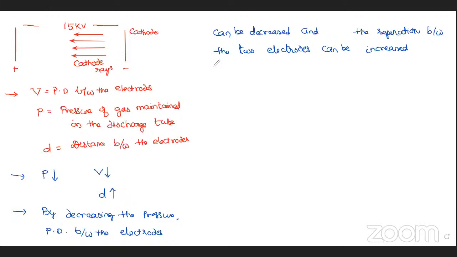Sir, if we want any light, that is because of the flowing of cathode rays only, no, sir? Yes. In the tube light, cathode rays are hitting the atoms of the vapor you are taking inside. Because of that collision, if you go deep into chemistry, that energy is given to the orbiting electrons in the atom, and they are excited and come to higher orbits, but that is not their original orbit. Again they go back to their original orbit, and by migrating from a higher orbit to a lower orbit, they emit the light.